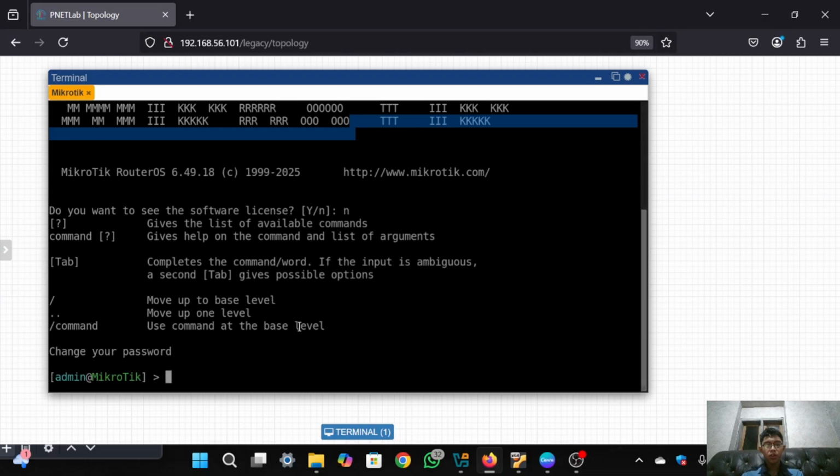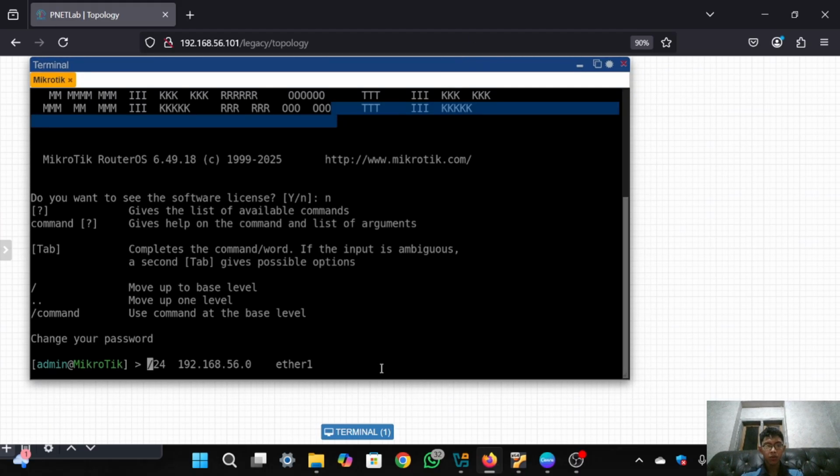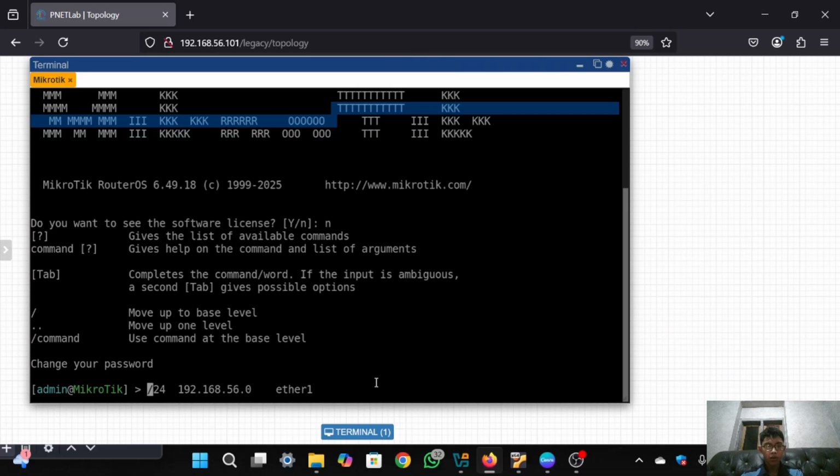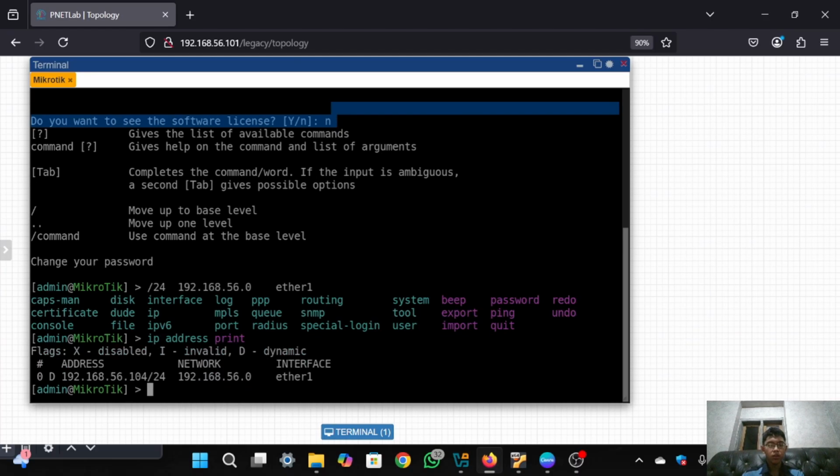Then you can check the IP of your MikroTik in PNetLab with the command ip address print, and press Enter. If it shows up like this, just hit Enter.